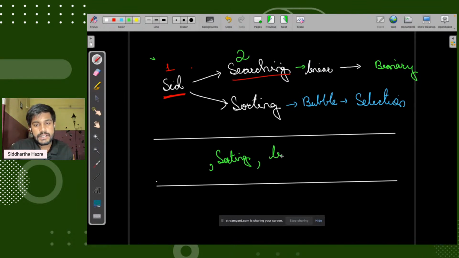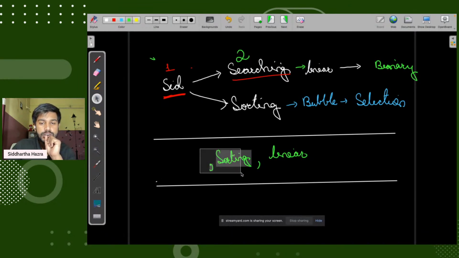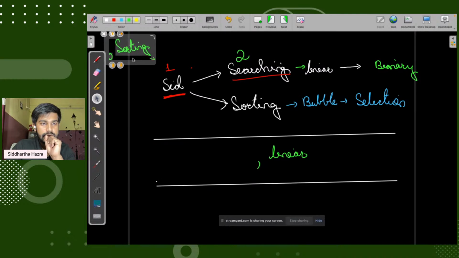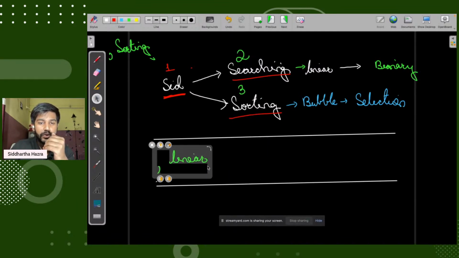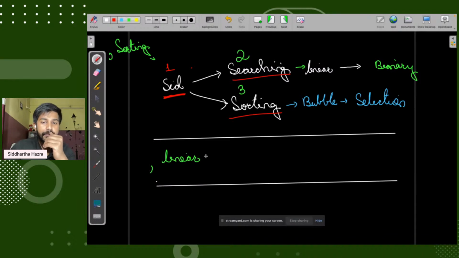So it is linear, and it is done. Then the next is sorting. We take out sorting, visit it, mark it visited, and then the unvisited neighbors of sorting we insert into the queue.